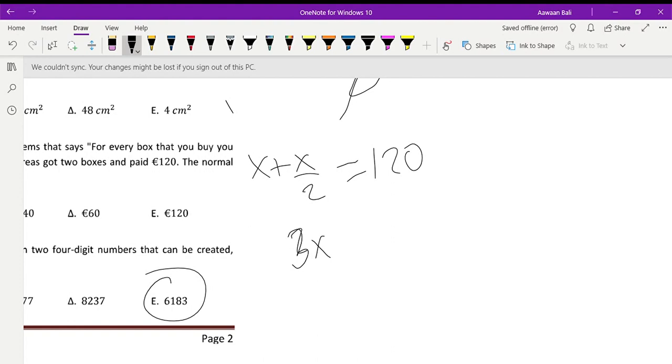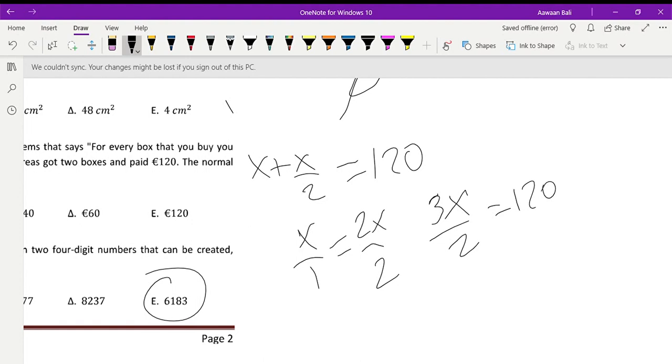We can basically say that since we have x, this is x upon 1 already. Every whole number has a denominator of 1 in fractions. So when we're making it into a denominator of 2, like an LCM, we can just multiply both sides by 2 and then add them together. So we know 3x plus 2 is equal to 100. 3x upon 2 is equal to